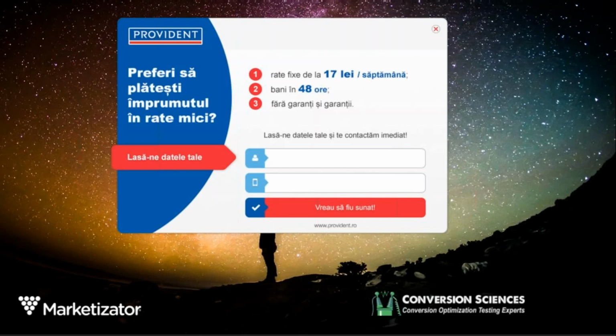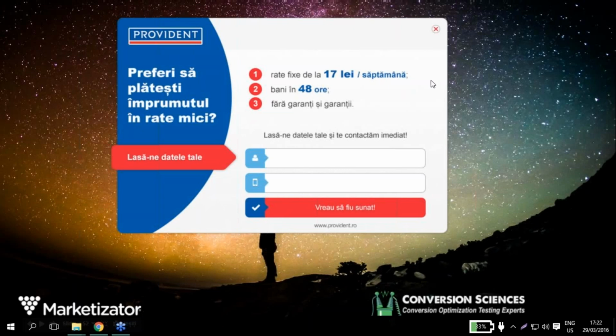Another type of personalization that you can use is just to get their data and then call them back immediately. You can offer, as Brian mentioned earlier, just the main benefits that they have with using your product. Here is for loans, and it just says fixed rates, and